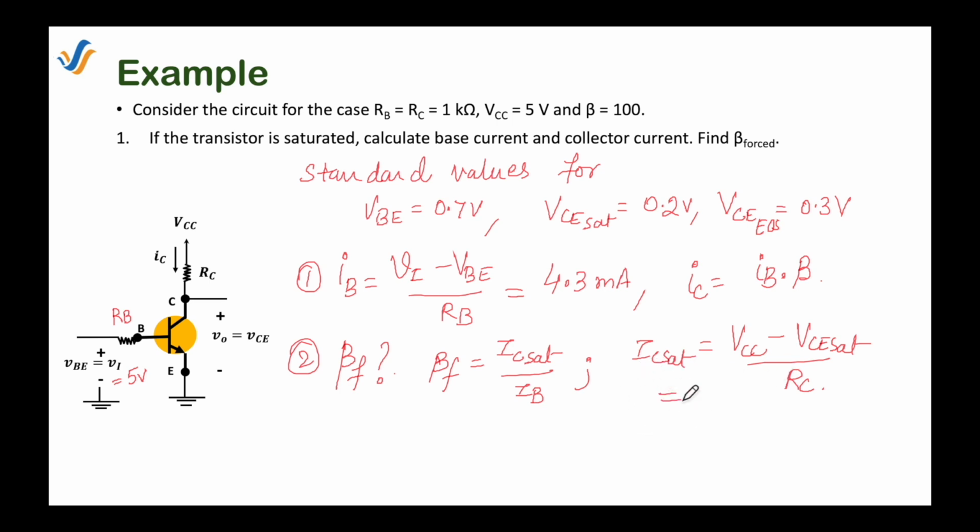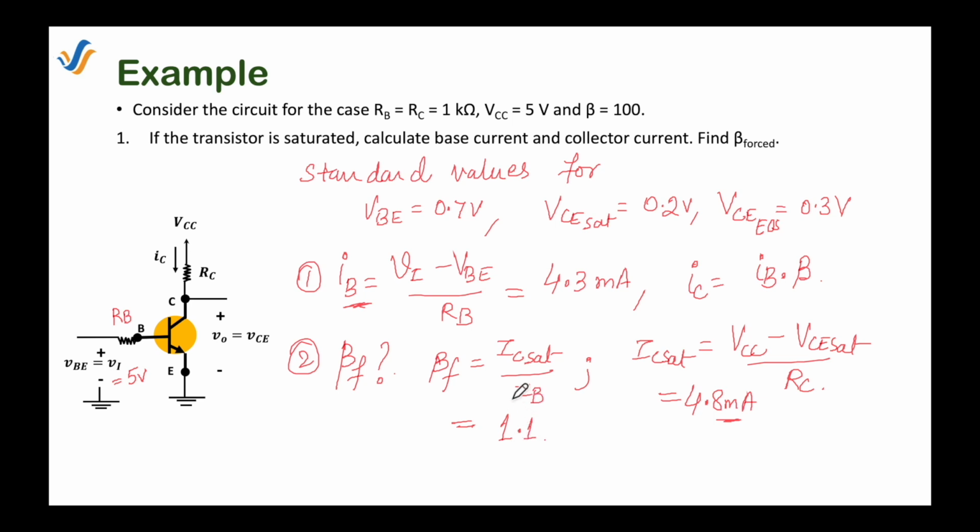The collector current in saturation is 4.8 milliampere. So you know the IC saturation and the base current. So what will be the ratio? It is 1.1. So in this condition, this BJT is working as a very good switch. It is giving a beta forced value nearly 1.